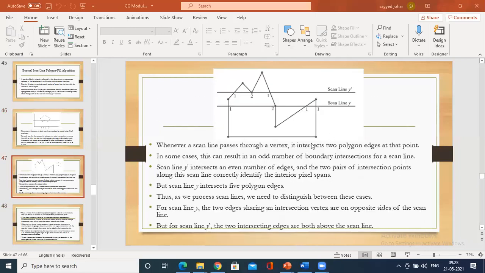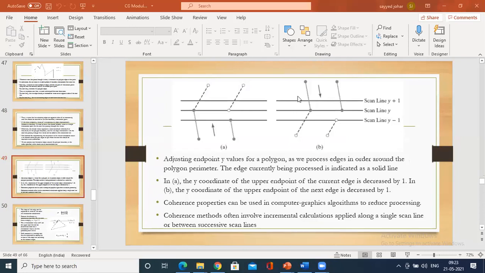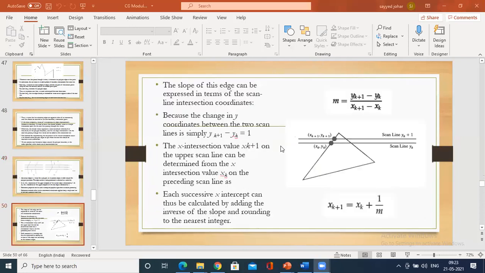Even this was explained to you. What is a scan line y bar? What are the complexities? And finally, to identify the slope, how do we identify the slope of a line? That is calculating delta y by delta x. So the slope of the line can be calculated like this, and for the incremental value xk plus 1, we are going to add the slope of the line as xk plus 1 by m.